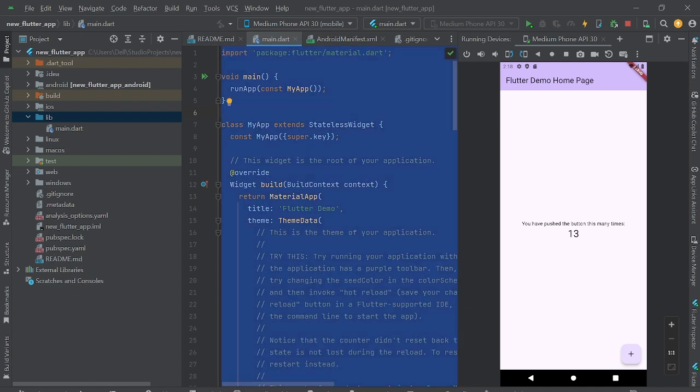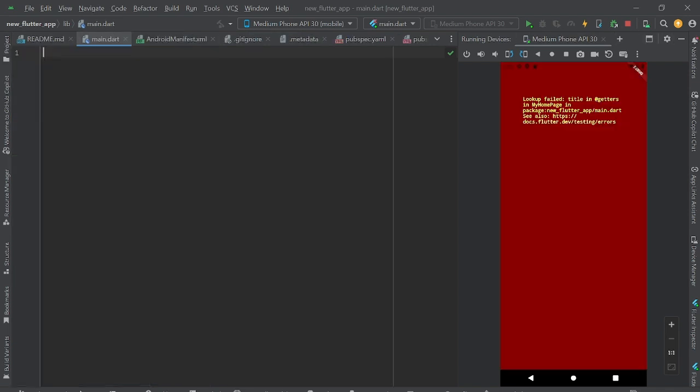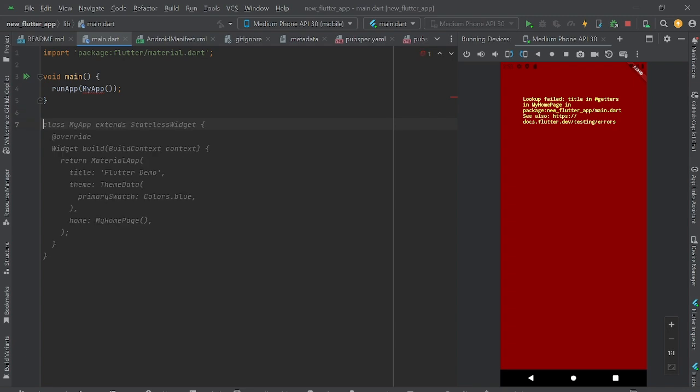So first we will import our first package, that is material.dart, and now I will create a function. This is the main function which returns void, and inside the main function there is a command called runApp. runApp basically initializes our Flutter app, and after that हम create करेंगे यहाँ पे MyApp class को।